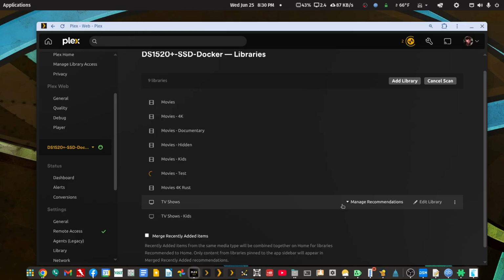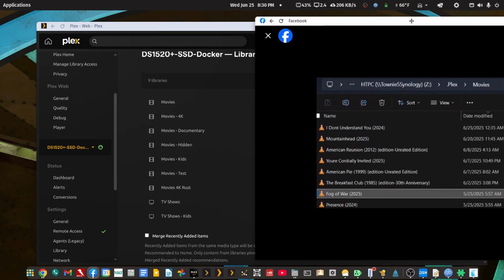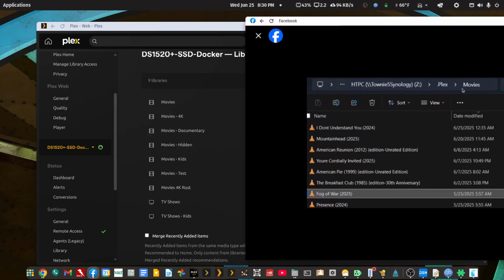So, John, I have no idea how you were able to add media to a hidden shared folder. I just don't know how. And I took the time before filming this to run through and created a hidden shared folder myself, and I tested it under both test versions of Plex. The one on the SSD and the one on the Rusty Array, the package version, and neither one could see that. Matter of fact, when I tried to add the path in the Docker compose area of the SSD container version of Plex,